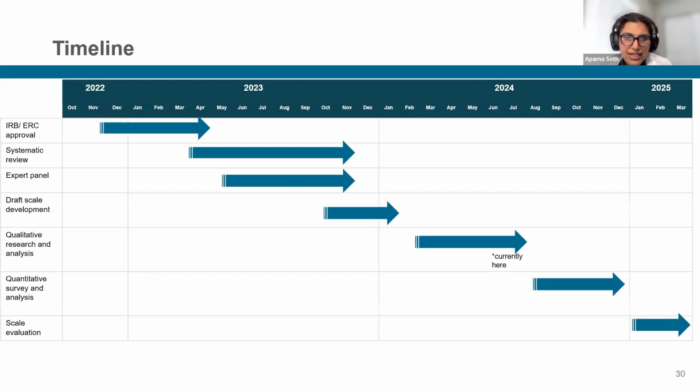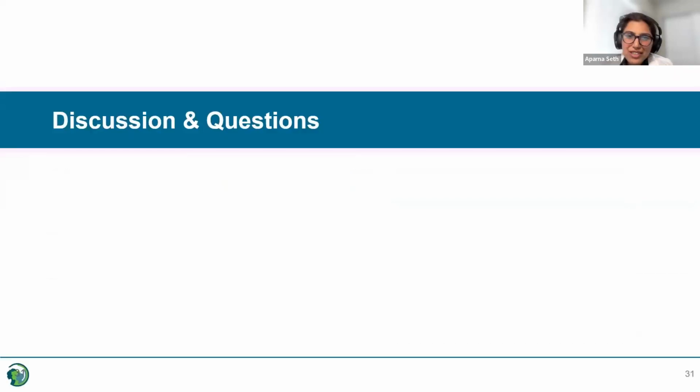As I said previously, this is where we are currently, in the qualitative research stage. Once we have those results, we'll launch our scale pilot round 1, followed by scale evaluation. That was my last slide, and I'll stop here.